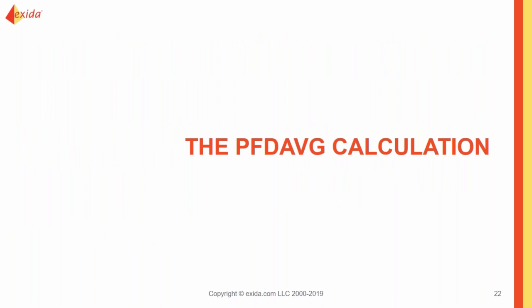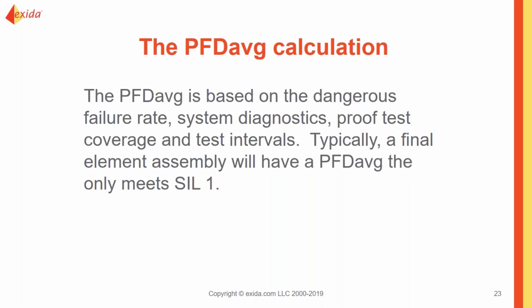And then that third circle for compliance, or that third barrier that you need to overcome, or that third hurdle, is the PFDavg calculation. The PFDavg calculation can be a simplified equation based on just a few things, such as your dangerous failure rates, your system diagnostics, your proof test interval, or it can be a much more complex equation with up to 9 different variables,